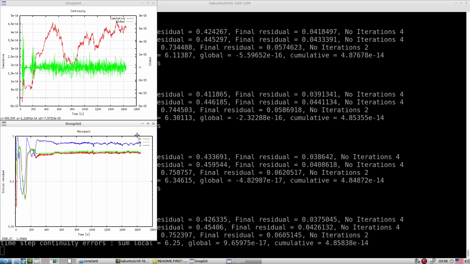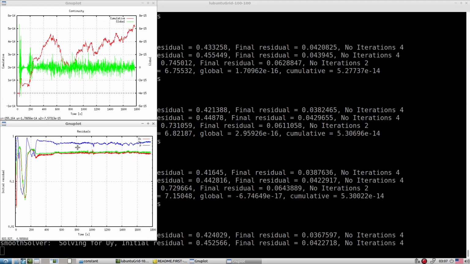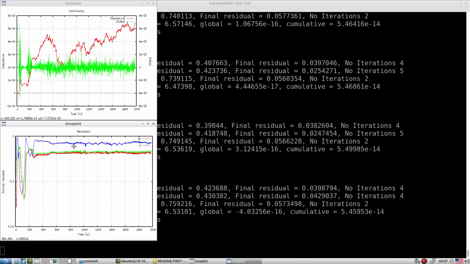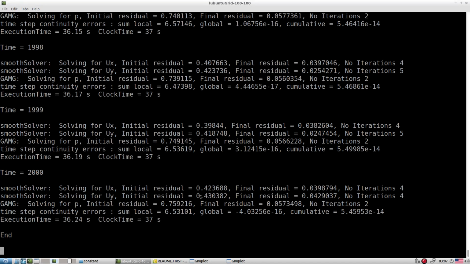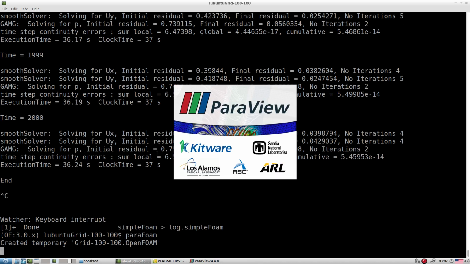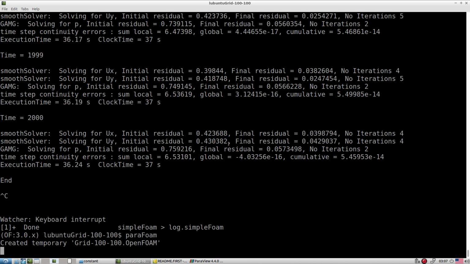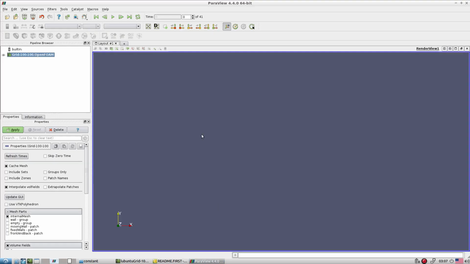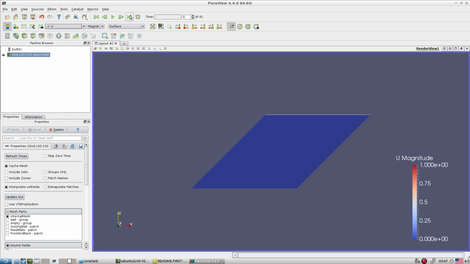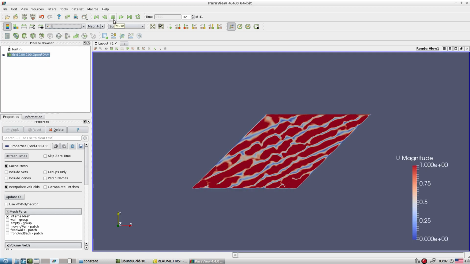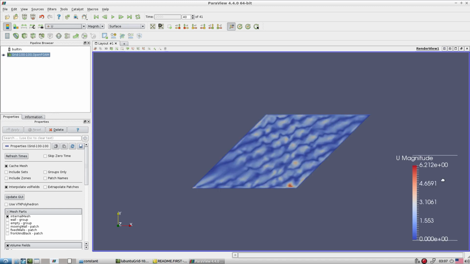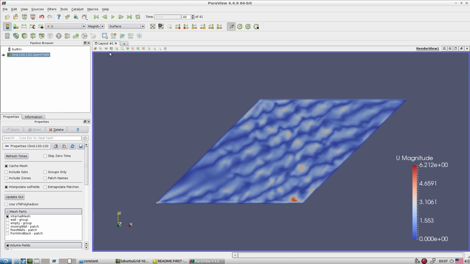So this is how it is converging, but if you see the output, it is not converging. Okay, so there is some problem. Now we have to fix this problem. So first let's check in paraFoam how our result looks. So this is U and we are expecting, but it is completely garbage, so our simulation is diverging. It's not converging. So look at why it happened.